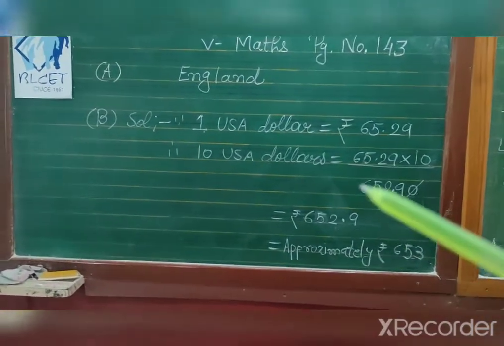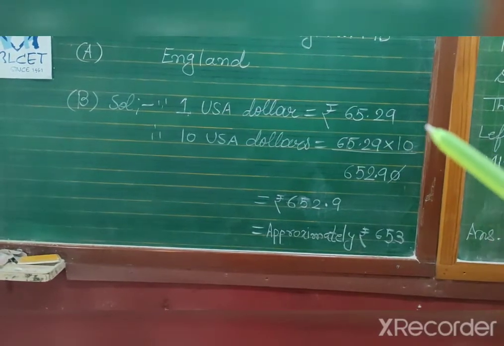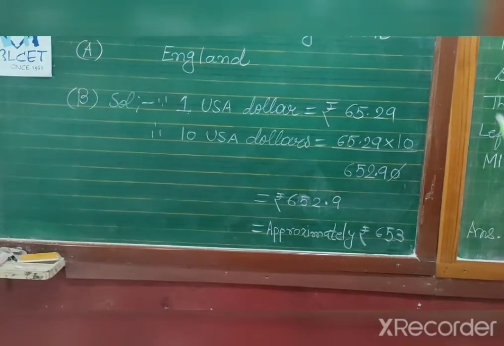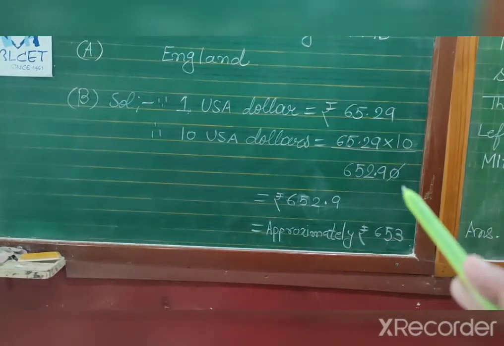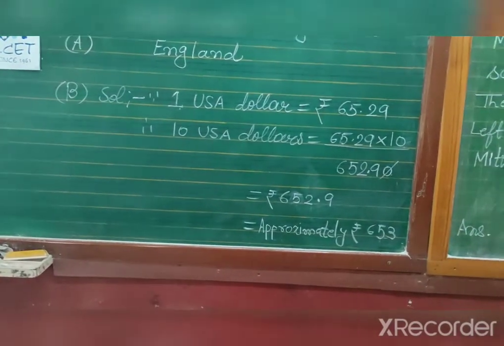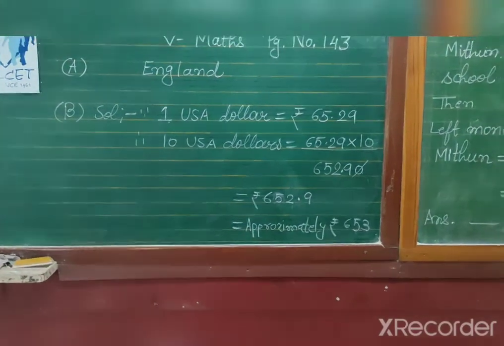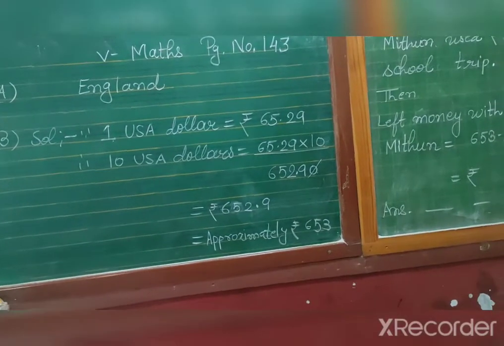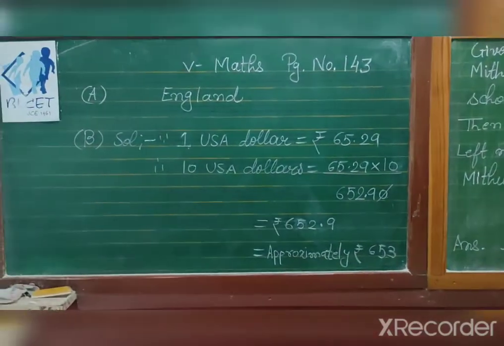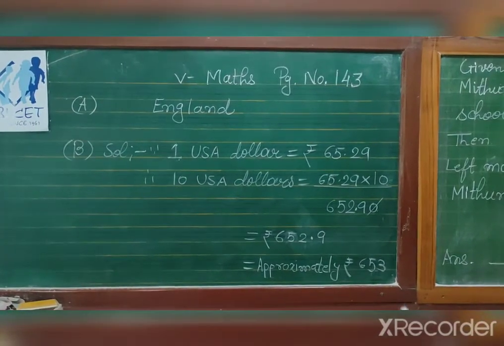65.29. So 10 USA dollars is equal to rupees 65.29 into 10. When you multiply by 10, you only increase one 0. Before the 2-digit decimal there is, so you will put the decimal. So rupees 652.90. 9 means 90 paisa, and 90 paisa is near to 100 paisa, and 100 paisa is equal to rupees 1. So approximately we can say rupees